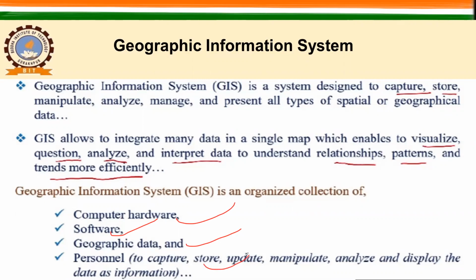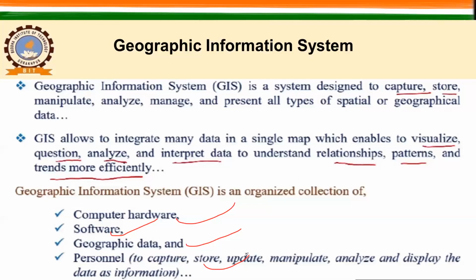So here basically what we are doing, we are using these things to store and visualize the data. But here, this is your input data. It can be spatial data or geographic data. And the personnel here, you can have a group of people who are involved in capturing the data. So one team will do capturing, another team may use to store them, and another team can just update the information at regular intervals. So another team or another group of people, they can play with this data to analyze and display. So that is why here you have an environment of people as well as the software and computer where everything is integrated together, right?